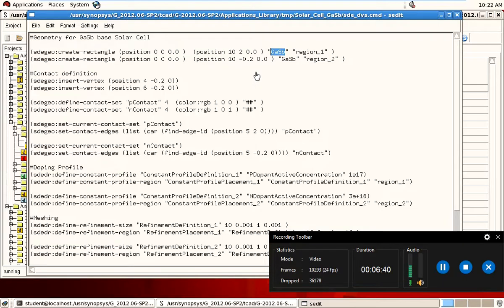The name will appear in the boundary file with the complete list of the materials. So we just change the name of the material, and it will automatically change the material in the boundary file and in the mesh file.